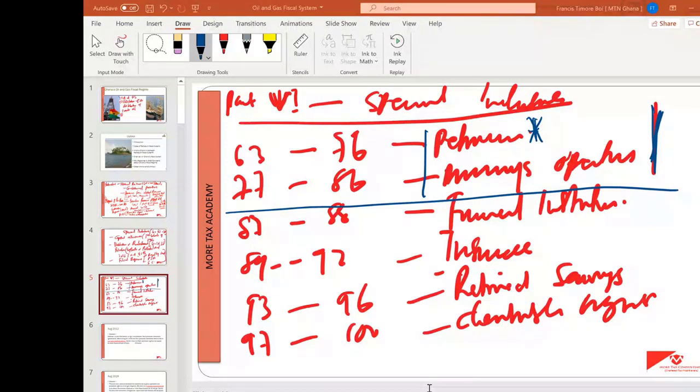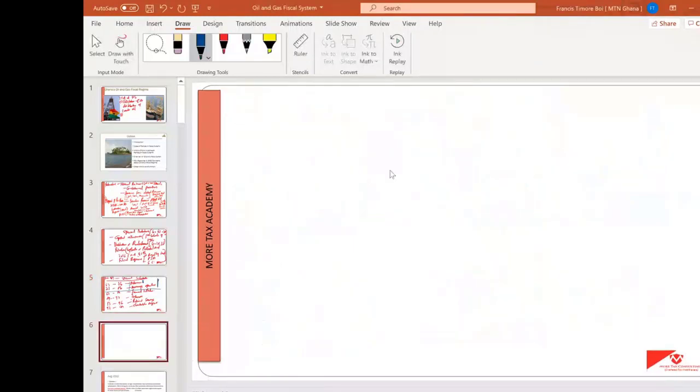So, that is the concept of ring fencing. You see, when you are dealing with petroleum, you get a contract. You have to sign a contract. When you sign the contract, you go to the field and explore for oil. In your exploration, you may discover oil. When you discover, then you need to develop. So the stages are where you sign your contract,